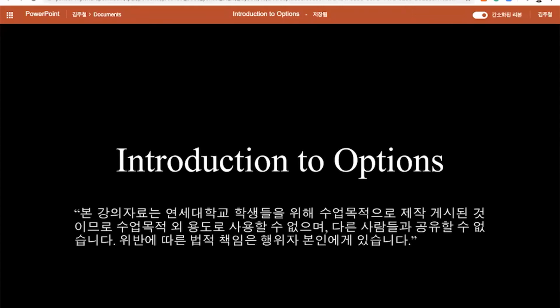I'm going to introduce the options. But in order to understand what this option is, you need to know what the forwards are. So I'm assuming that you already know what the forwards are. So I did not put it on the YouTube,